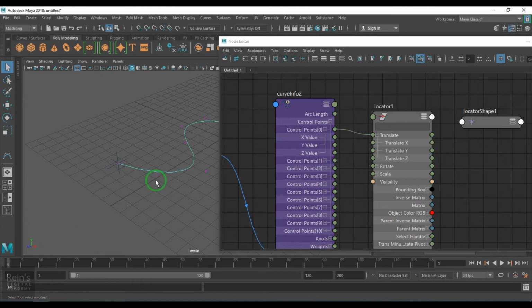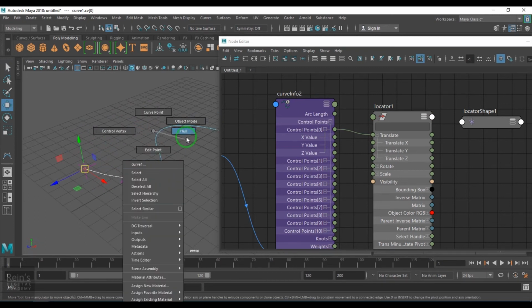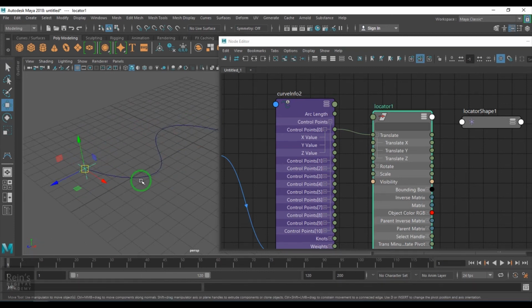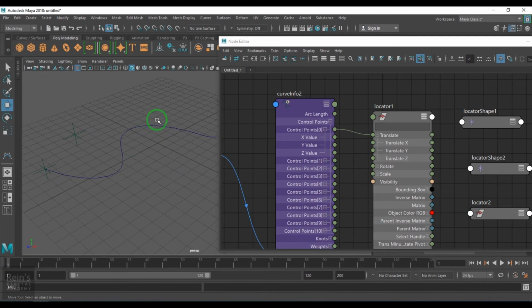So if you select a vertex point of the curve, the locator will stick to the vertex point, and mostly the locator will not be on the curve, for your information, because the vertex points will be on the hull.